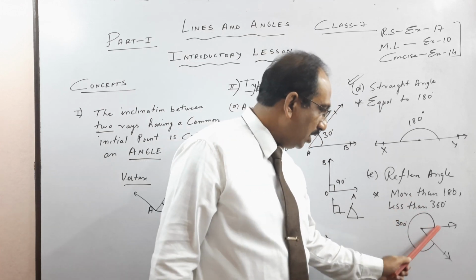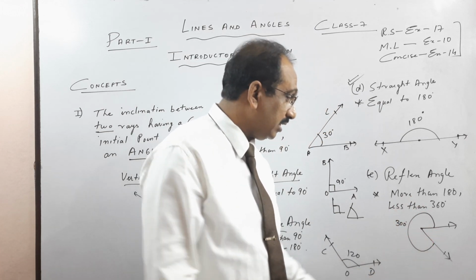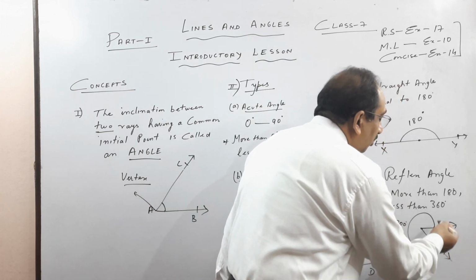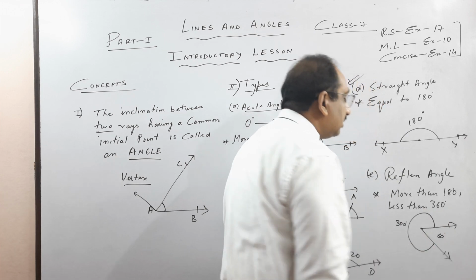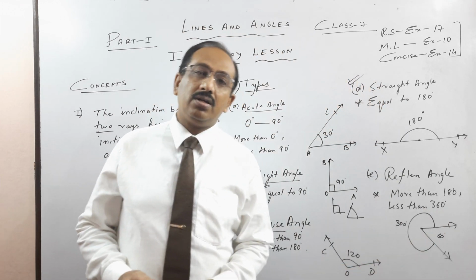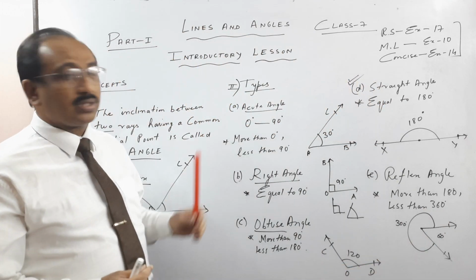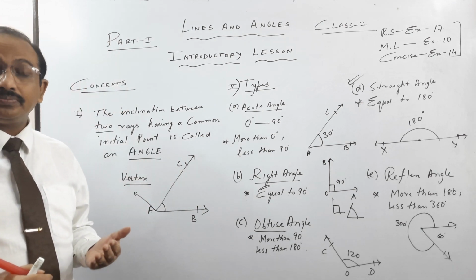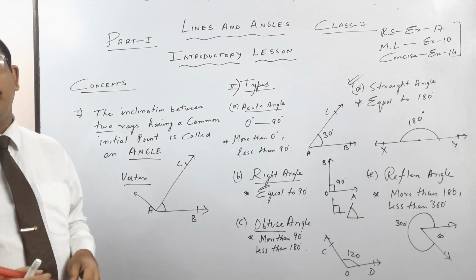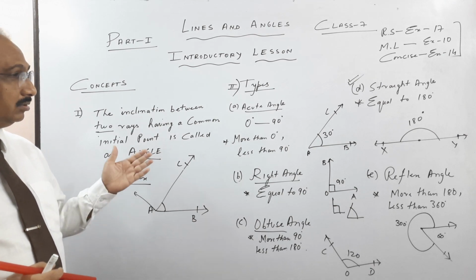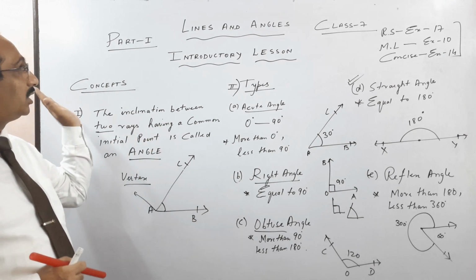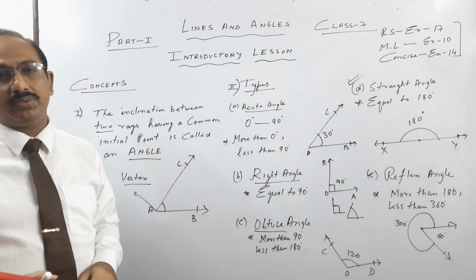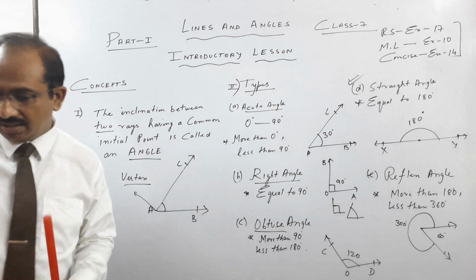So you see this. This way, if you see, it will be 60, children. Acute angle will be 60 degree. But when you talk about this, more than 180, less than 360, it is called a reflex angle. So this was the beginning. So kindly pause the video and copy. Then we will move on to more important concepts from this chapter. This particular video is, children, only about important concepts of lines and angles.